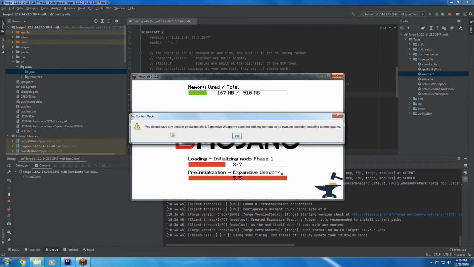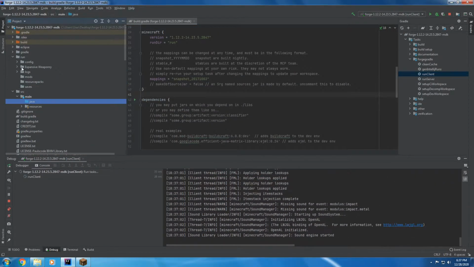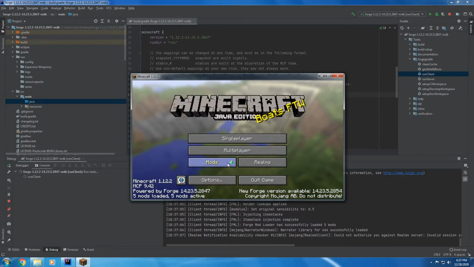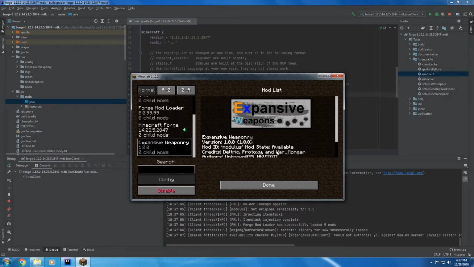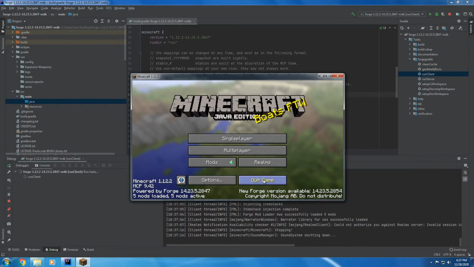Expansive weaponry is loading, and you don't have any content packs installed, so it will generate a custom folder for you. Now, if we go into the mods tab, we will be able to see that expansive weaponry has in fact loaded up and is ready to go. With that out of the way,